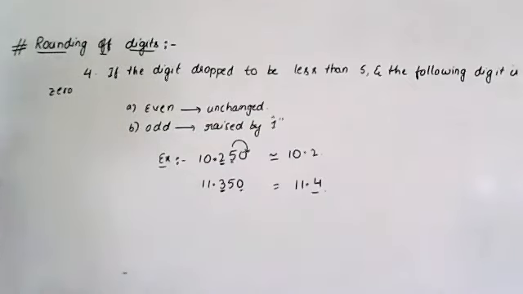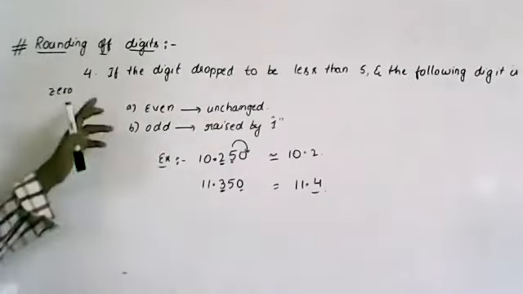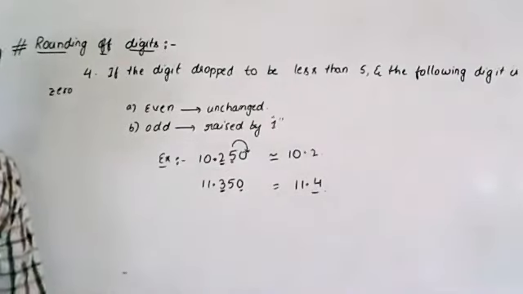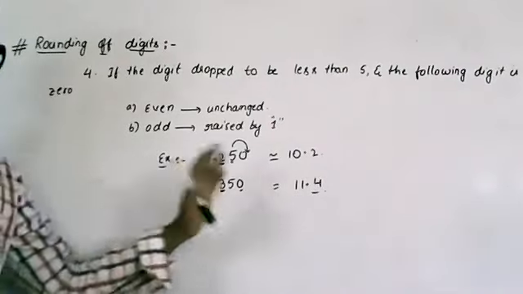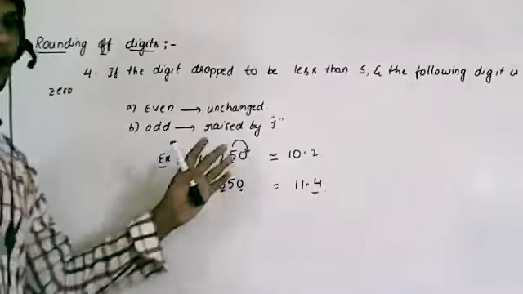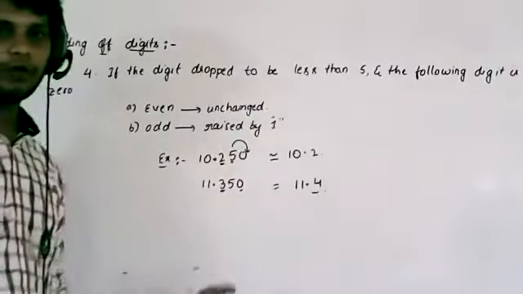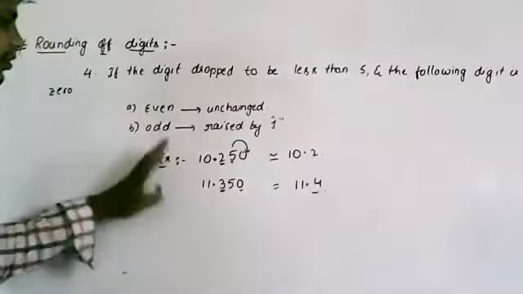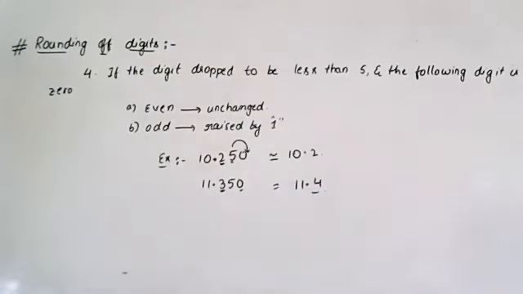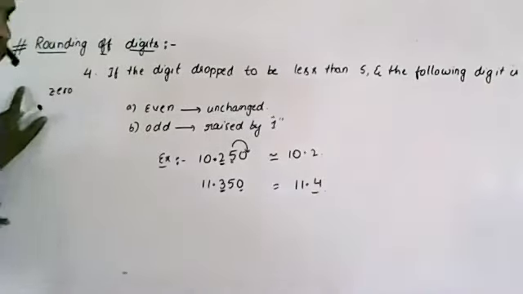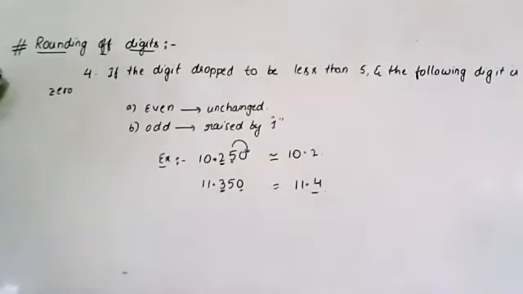You understood this rule. Actually, these rules also won't be asked in the competitive exams or in the PU examination. They will ask up to how many digits you can round. Clear, up to how many digits you can round. Like that they will ask, then you can do. So this is the concept of rounding of digits. Then I'll go for the next problem.